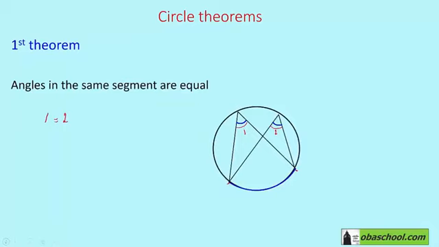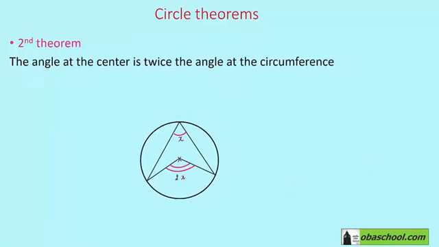So, a quick recap, we have the first theorem that says the angles facing the same segment are equal. The second one, the angle at the center is twice as much as the angle at the circumference. And for the final one, the 90 degrees forming between a